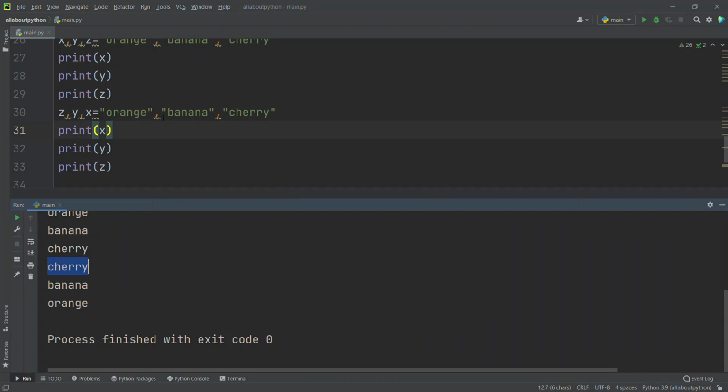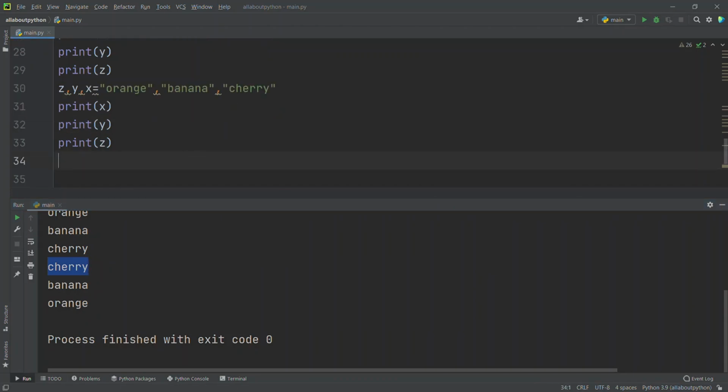So if we change the position of the variable, then the assigning of the string, or the assigning of the data, also will change. Okay, please remember that thing. That's the important thing. And now we'll see how to assign multiple values or the same value to a single variable. Let me say x = z = e = 0.9.